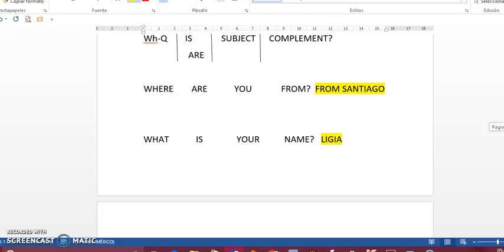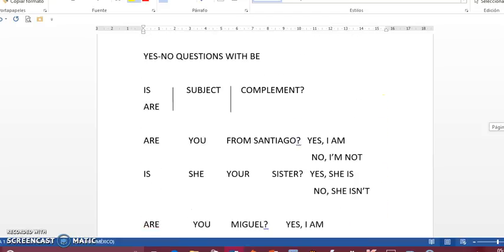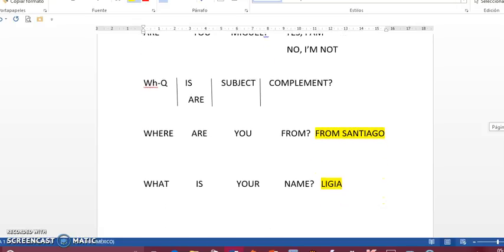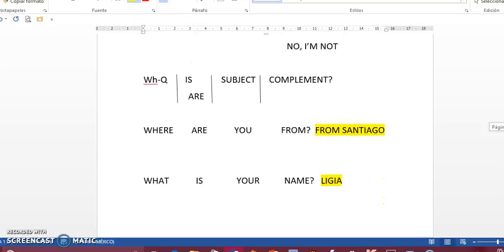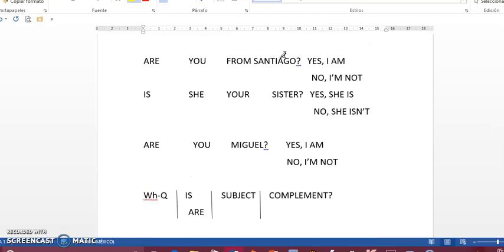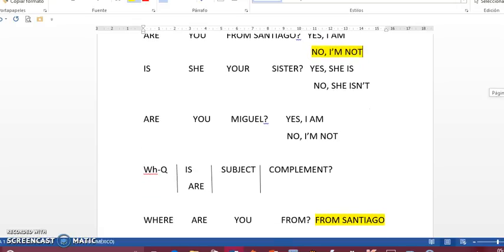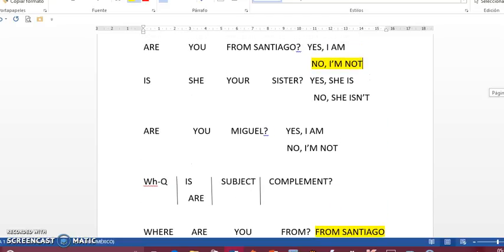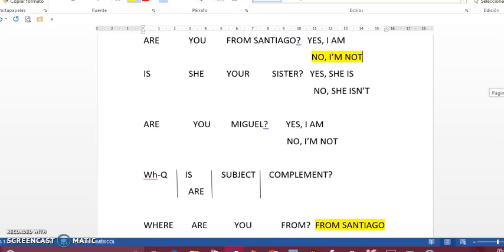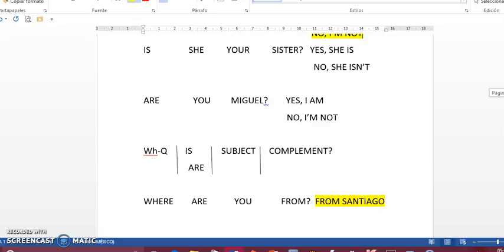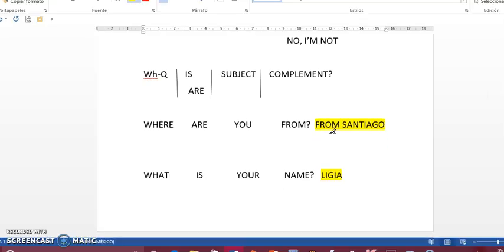Okay, remember that this is a short review about the verb to be with yes, no question and WH question. So these are also called follow-up question because if I am asking here, are you from Santiago? If the answer is no, and then you can follow up asking, where are you from? Are you from Santiago? No, I'm not. Then, where are you from? If my question is, are you Miguel? No, I'm not. And then the question can be